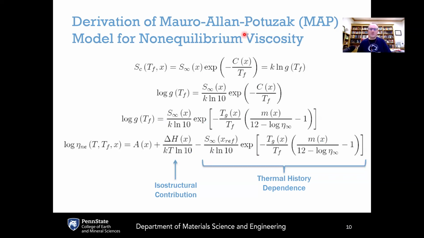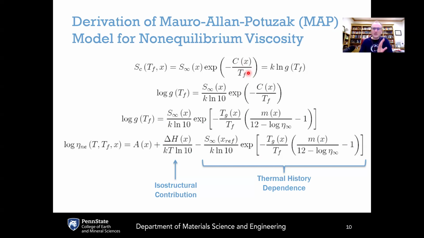And this is derived from the MYEGA equation. The MYEGA equation is giving the viscosity of the liquid and supercooled liquid states in equilibrium and metastable equilibrium. And it is based on the Adam-Gibbs equation, which is relating the viscosity back to the configurational entropy of the system. Now, if you assume that the structure of the glass corresponds to the structure of the supercooled liquid frozen in at the fictive temperature Tf,